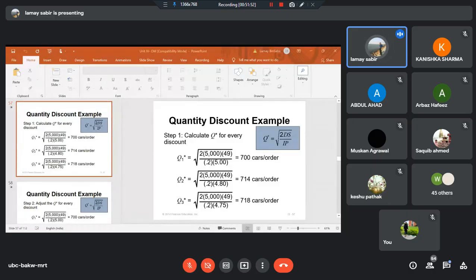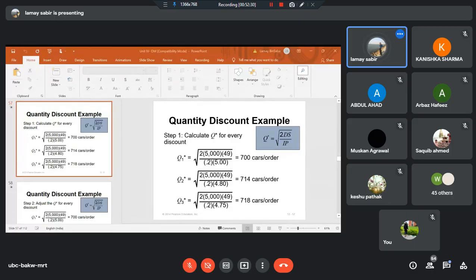Now what do you mean by second discounting scheme? When you place your order within the quantity 1000 to 1999. जब आप 1000 से 1999 पे क्वांटिटी प्लेस करेंगे, that is Q2. Q3 क्या है? Q3 is for the third discounting scheme, and that is why in the denominator 0.2 is multiplied with 4.75. वो थर्ड डिस्काउंटिंग स्कीम क्या था? मोर देन 2000. तो पहला डिस्काउंटिंग स्कीम 0 to 999, सेकेंड डिस्काउंटिंग स्कीम 1000 to 1999, and third discounting scheme is above 2000.